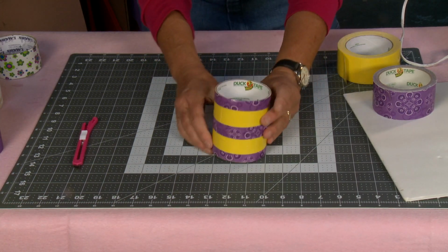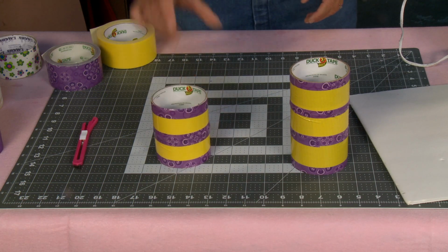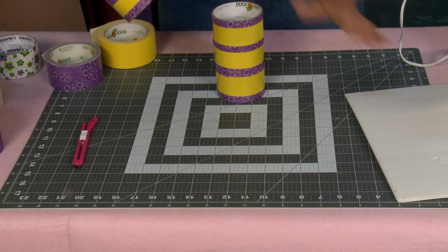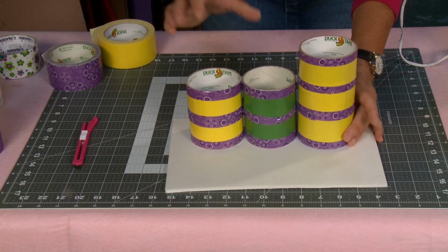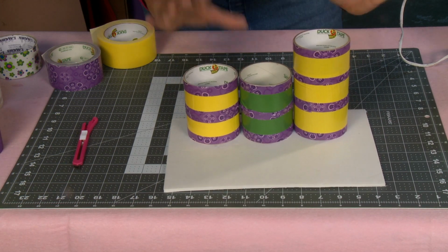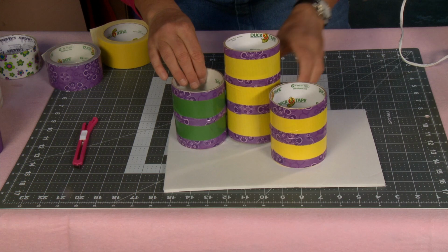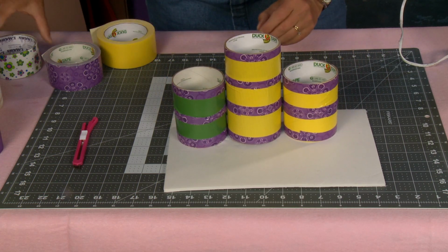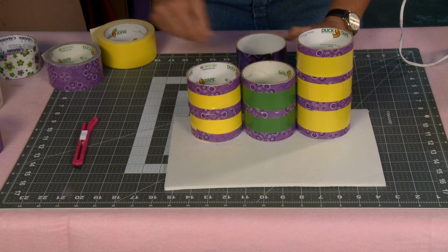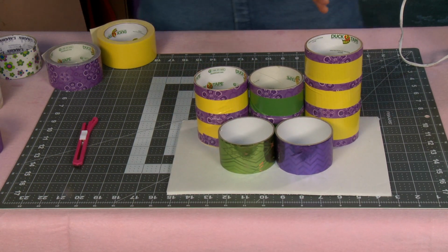So there we go. So I've got that, and now I'm ready to put my whole piece together. I've got one here that is a triple, and then I've got another one that's a double, and another one that's a double. Now, I love the look of this. I can configure this any way I want, and this is where I'm going to be using my fabulous foam core. So I can line it up like that, or like that, or like that, or I could add some shorties too. I think what I'm going to do is this, and then I'm going to add these cute little shorties right there like that. So that's going to be my fabulous little